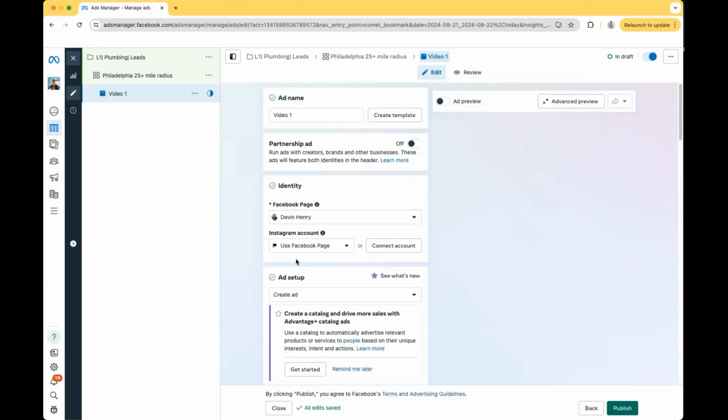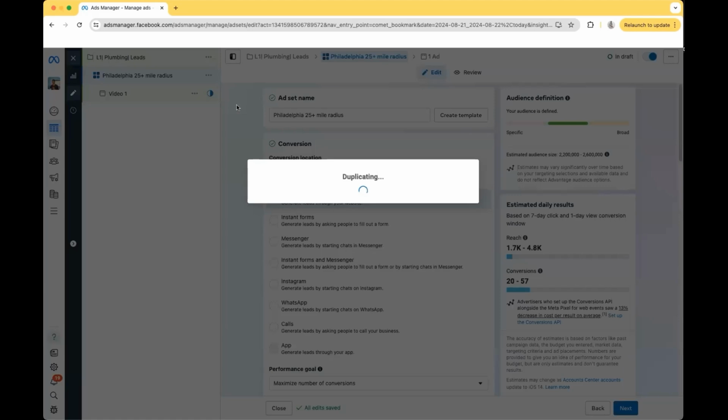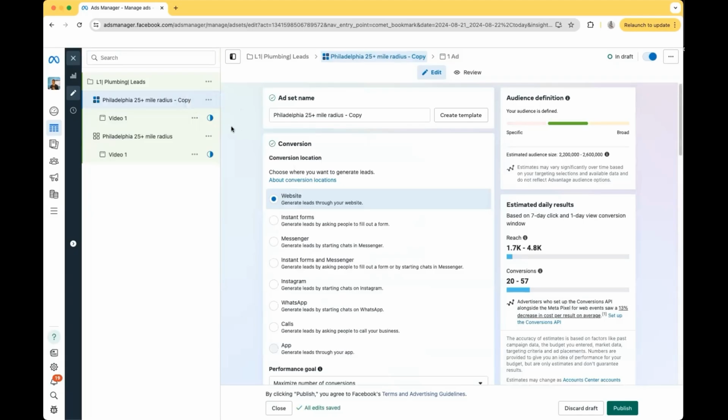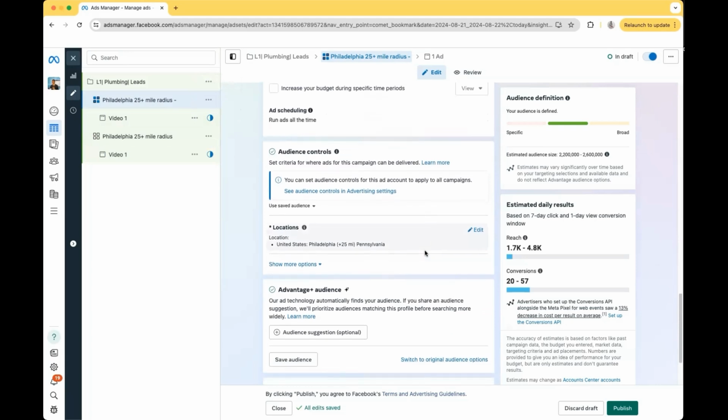Now that we have the ad level set up, we're going to go back to the ad set level and select the 3 dots and hit the action menu. And then we're going to quick duplicate. Now, when we quick duplicate the ad set, you can see that it also created another ad level as well, which is good because everything in your ad level is going to be the same. So you only have to do that once. So we'll duplicate this one more time. So you'll have 3 ad sets and 3 ad levels, but you only have to fill out the ad level one time. So let's remove the copy from the title